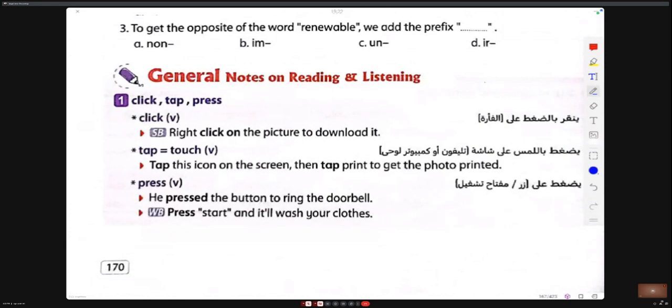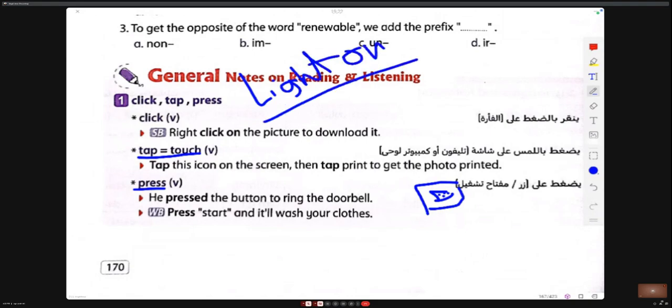Click. When I have a mouse, I make a click or do a click. Tap means touch. Press means there is a button. I press the button, so I have a button here. Press يعني يضغط. I press the button for the light to be on, or I press the button for the light to be off.